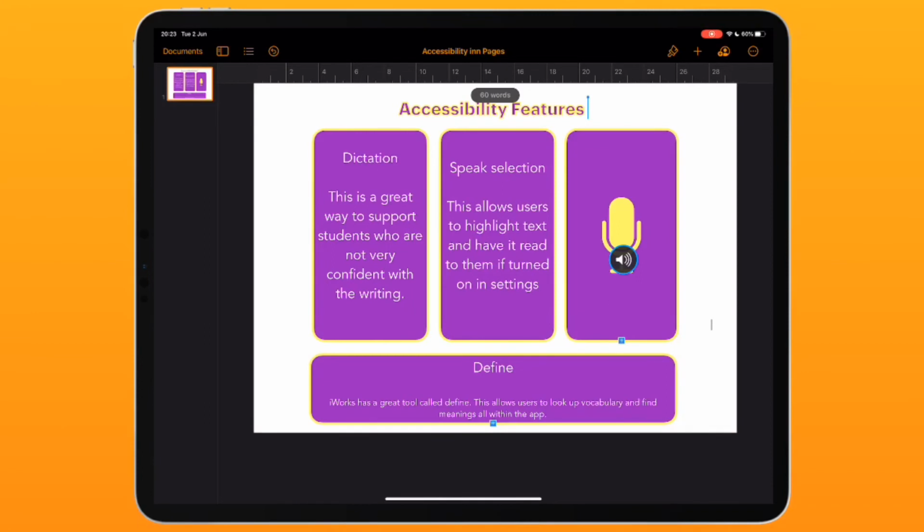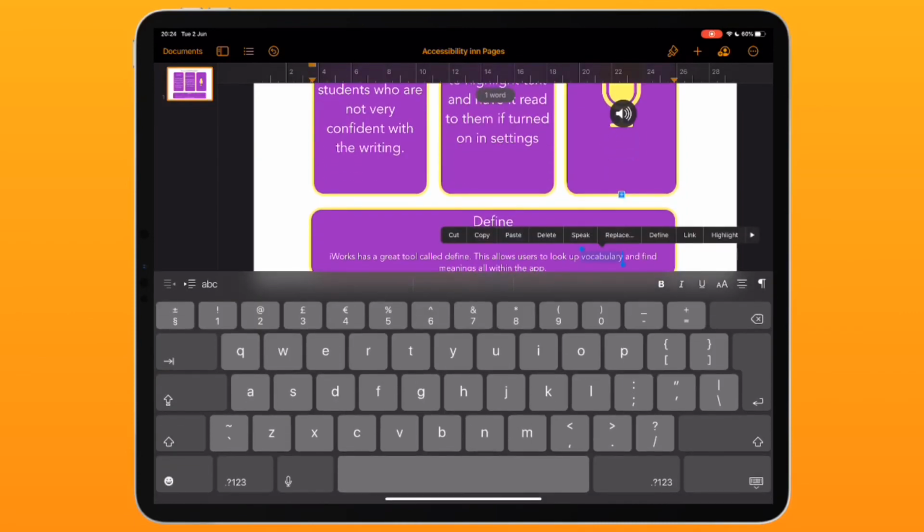This last feature is particularly helpful with students who maybe don't have the best vocabulary or aren't confident, or their native language is a different language. It's built into all the iWork apps, and it is the define feature. So I've just written a sentence here, and if I've got some people in my class, they might not understand this, and they can access this on websites and places. So I'm just going to say we don't understand what vocabulary is. We can highlight vocabulary there, and if you go to define,